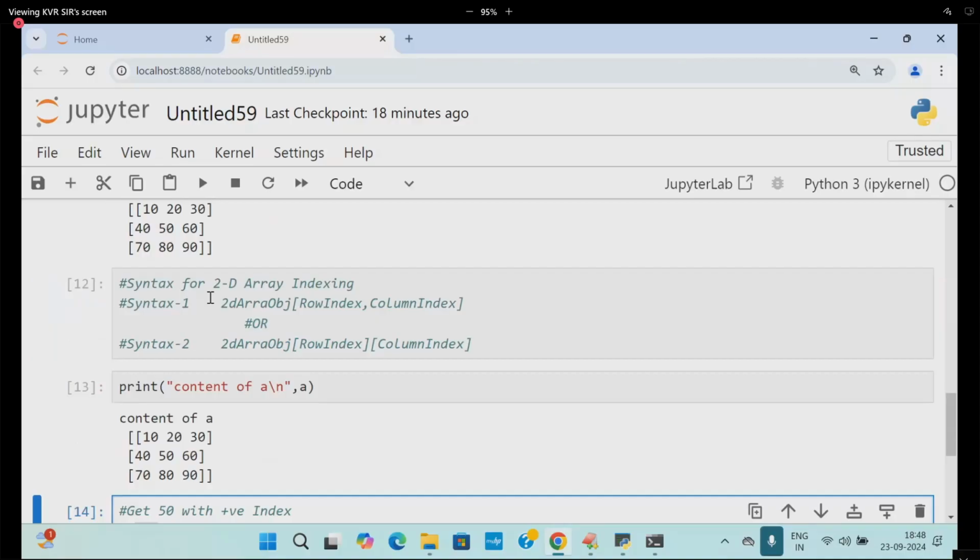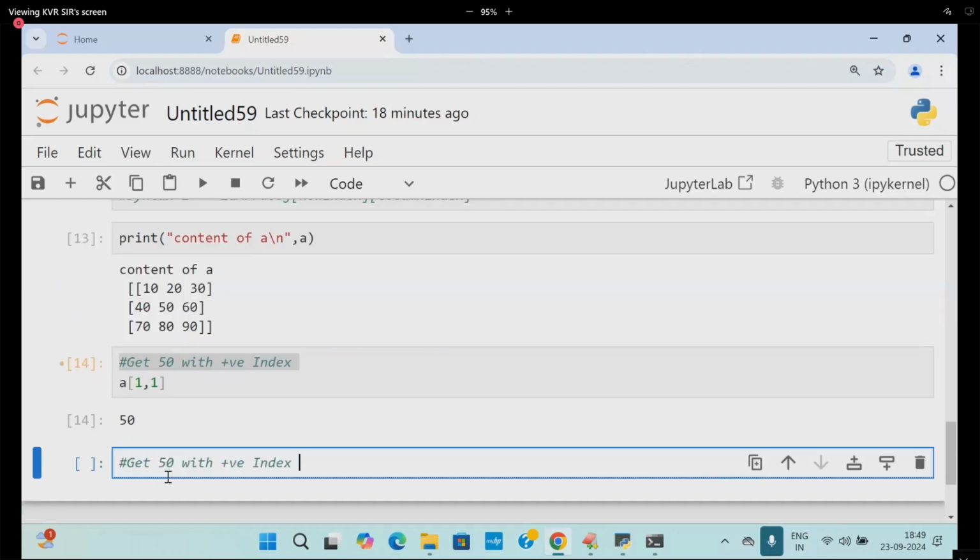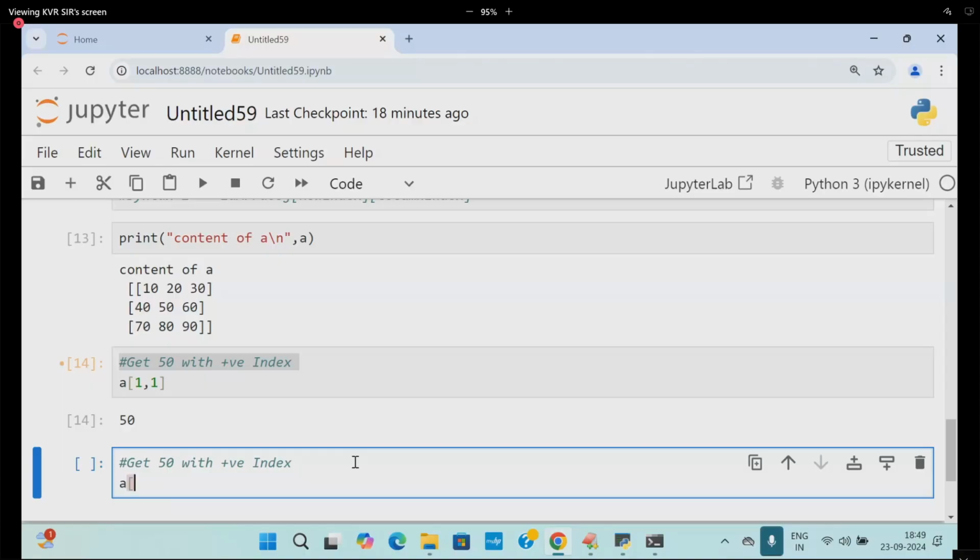Good. Now one more way, students. This is positive index. Next, one more way. Same thing. I'll write it. A of 1 and what? 1. Also 50 coming or not? One more way, students. Tell me. Minus 1, minus 2, minus 3, the intersection is what?